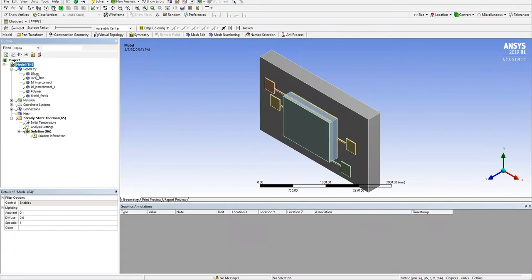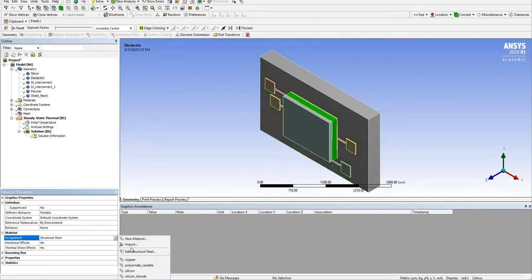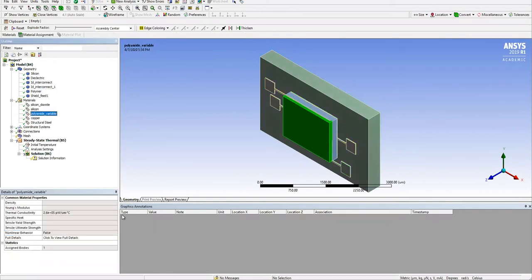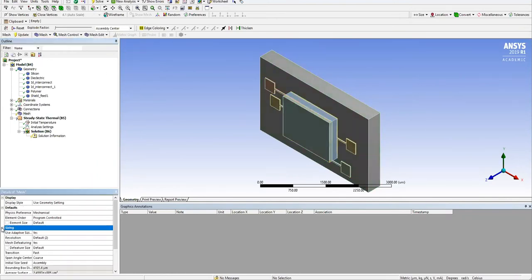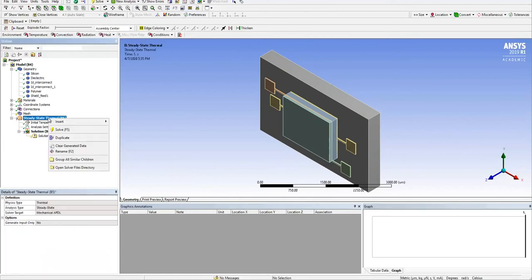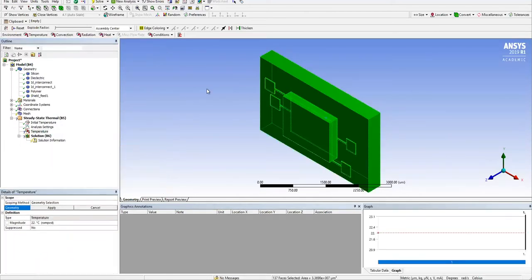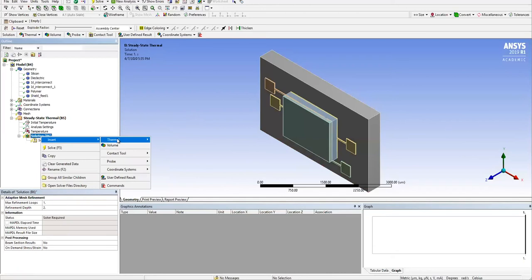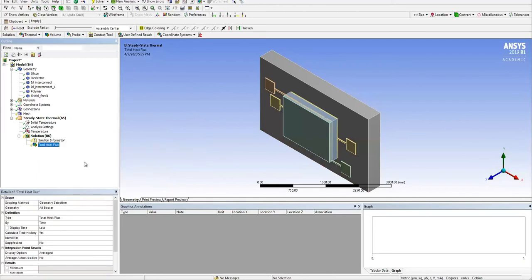So here is the simulation environment for steady state thermal. We are going to set the material. The mesh is the most critical part in this analysis. We set our mesh as per electromagnetics. And then we apply the temperature of 400 degrees centigrade on all the bodies, and we are going to observe